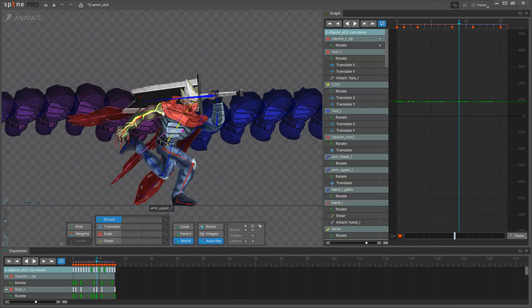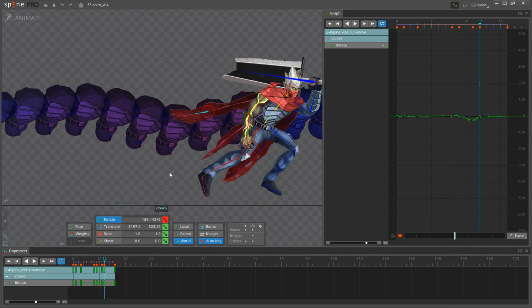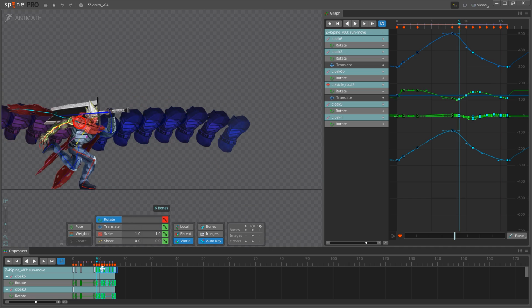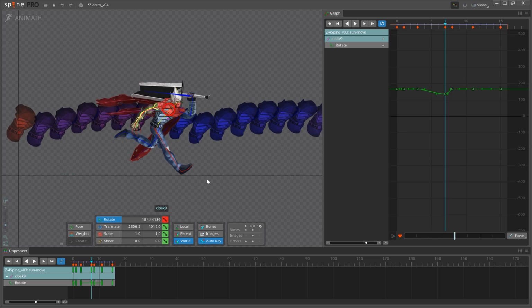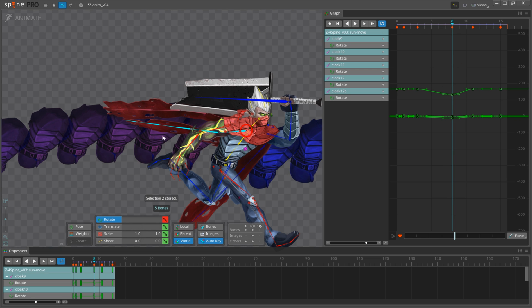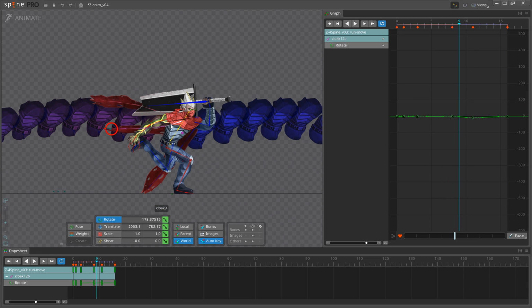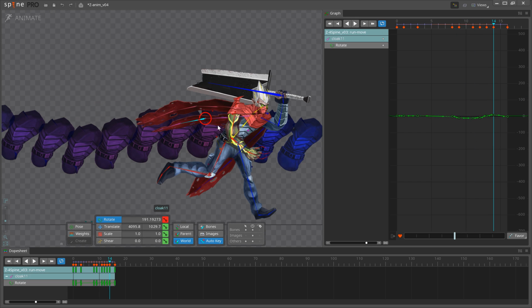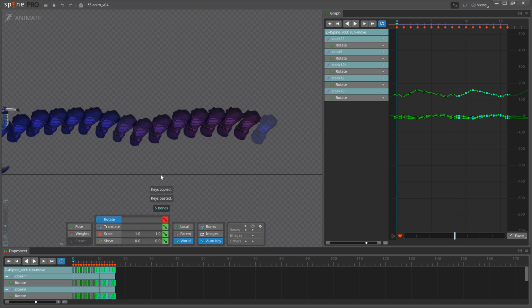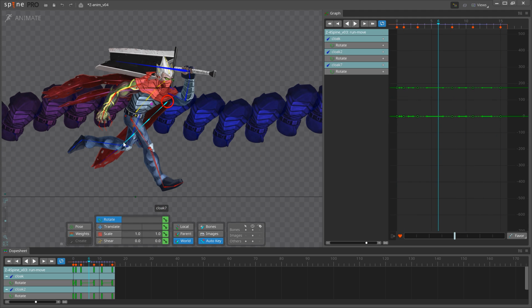All overlapping elements such as hair, cloth, or a tail will follow the driver of the action. A tail is slightly different because it can also move on its own, meaning it can move to convey the emotion of a creature or be used for balance, or even be used as an extra limb. So just be aware that tails in general can break out of an arc, while cloth and hair cannot.